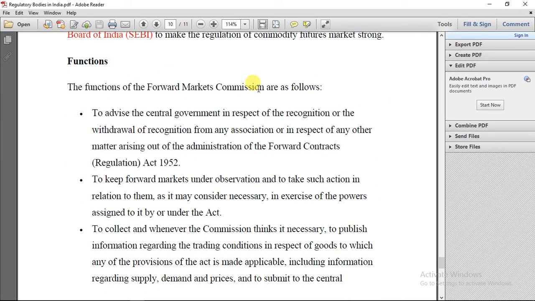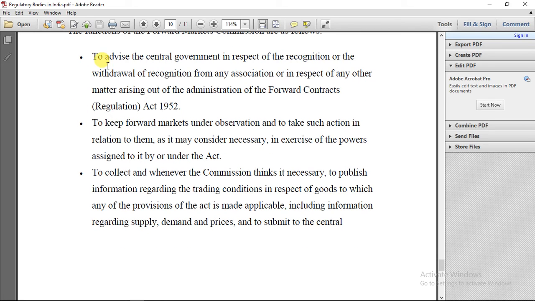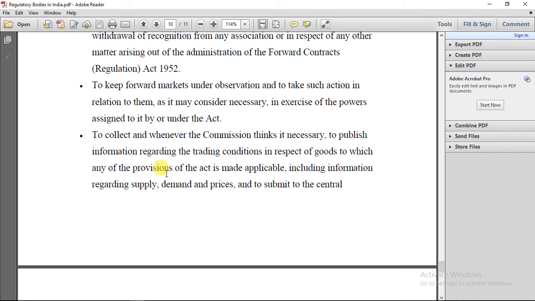Okay, now what are the functions of Forward Markets Commission? The functions of the Forward Markets Commission are as follows. Number 1, to advise the central government in respect of the recognition or the withdrawal of recognition from any association or in respect of any other matter arising out of the Administration of Forward Contracts Regulation Act 1952, to keep forward market under observation and to take such action in relation to them as it may consider necessary in exercise of the powers assigned to it by or under this act, and to collect and whenever the Commission thinks it necessary to publish information regarding the trading conditions in respect of goods to which any of the provisions of the Act is made applicable,